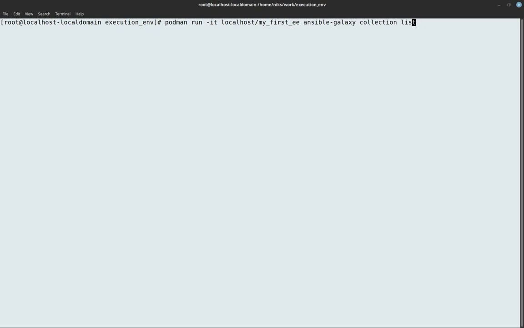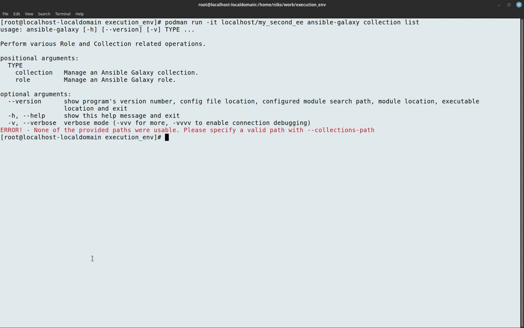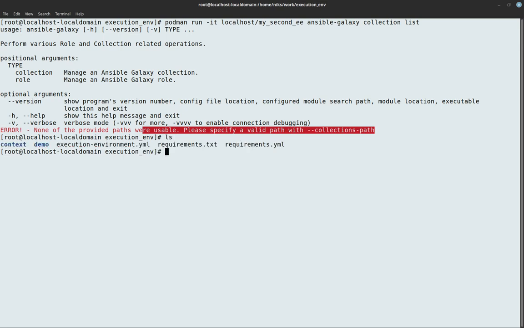Instead of first, I will do second, and over here you would see there's just nothing at all. It didn't install the collection, and like I said, when you try to use that collection, it just couldn't find it. So defining your requirements.yaml in the right way is very important,